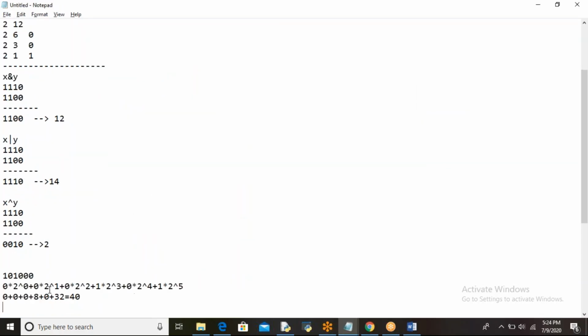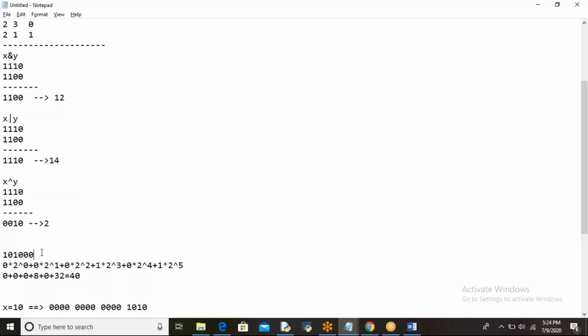You know how to convert a binary number like this. Let's observe here. From the right side you have to write, from right to left. 2 power 0 under this 0. Under the next 0, you write 2 power 1. Under this 0, you write 2 power 2. Under this 1, you write 2 cube. Under this 0, you write 2 power 4. Under this 1, you write 2 power 5.